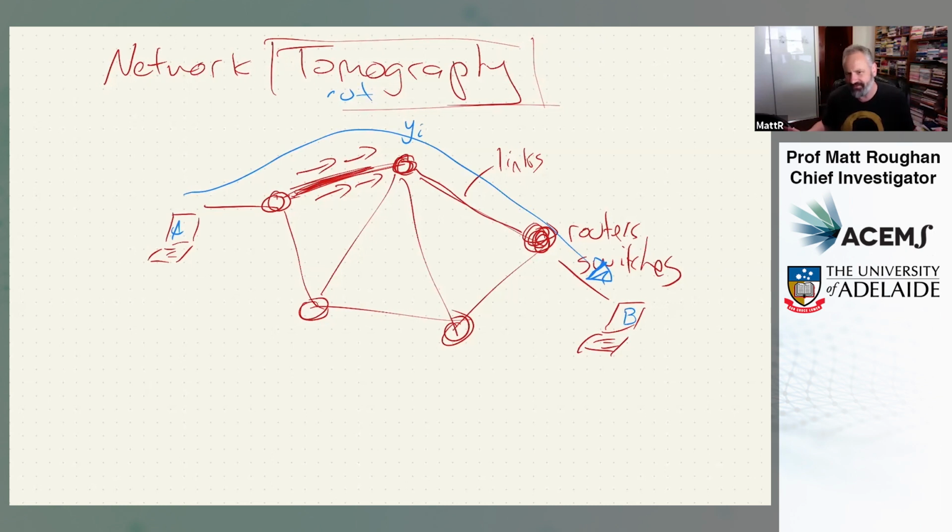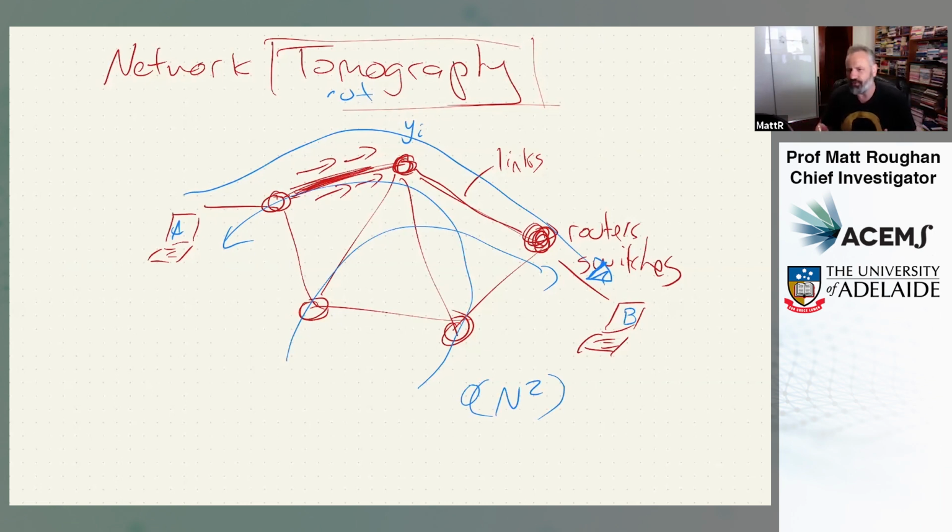That seems simple enough. I could do a lot of those. I could do probes around here, and I could do probes around here, but this doesn't scale. If you have n routers or n locations or n points of presence in your network, then there's going to be order n squared paths through this network, and n might be on the order of thousands. It might actually be on the order of tens or even hundreds of thousands.